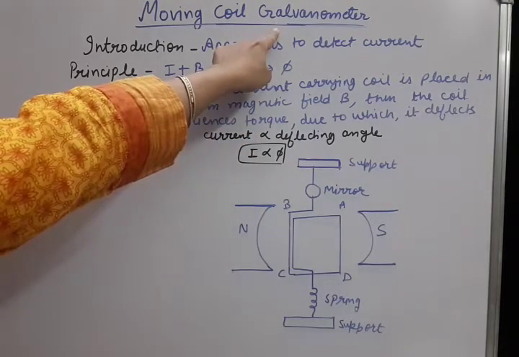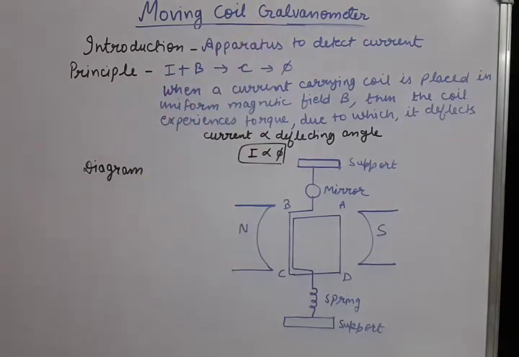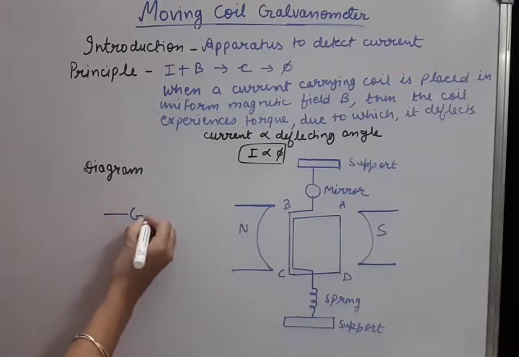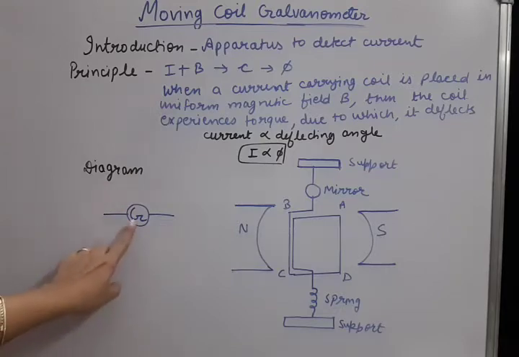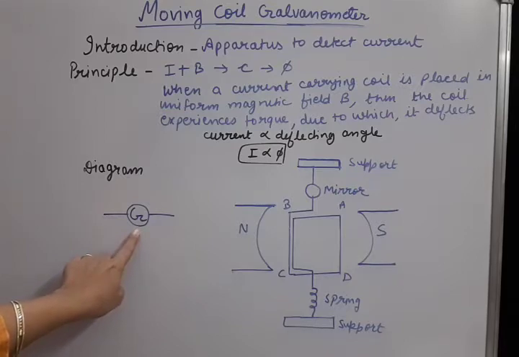That means in any part of the circuit, whether the current is present or not is found out by the galvanometer's connection. You must have seen that in circuits we connect the galvanometer like this. The galvanometer symbol is a capital G written inside a circle. Its purpose is only to detect the presence of the current and also the direction of the current. Now, how does it work, that we need to understand.